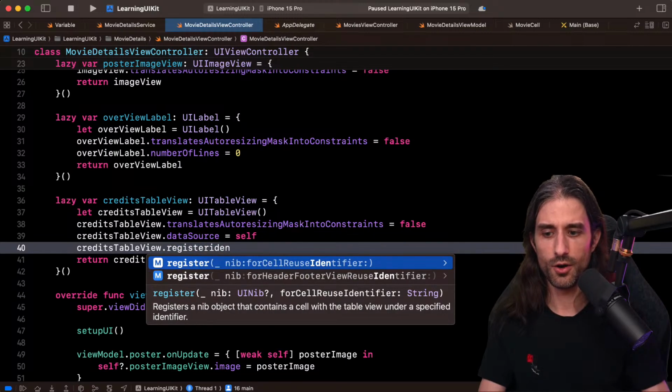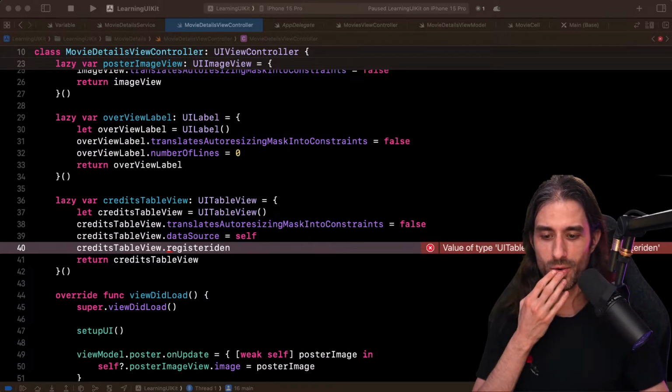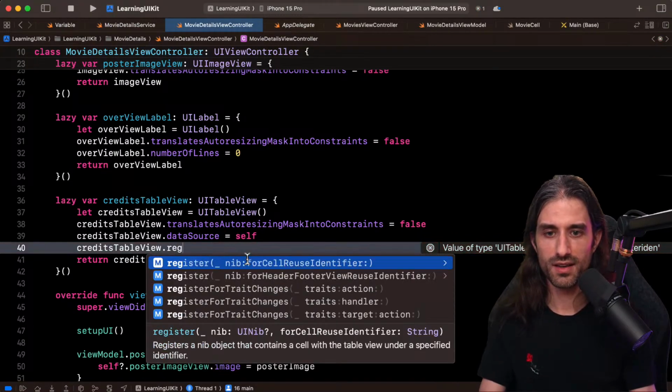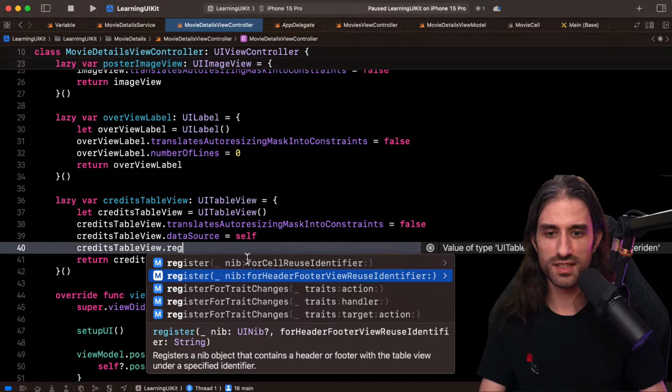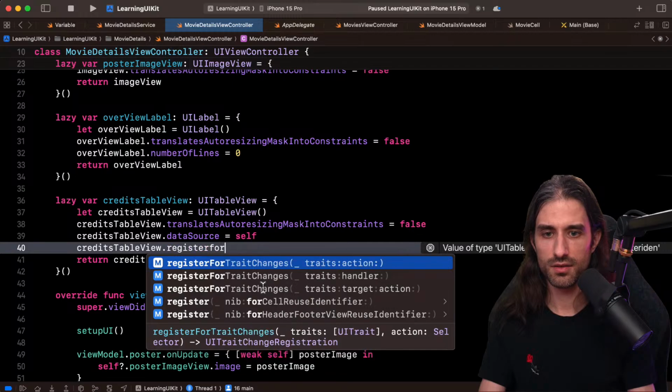And I'm trying to see how to do it. So I think I'm also going to go on Google. I'm going to search iOS UI table view register class for reuse identifier. How are you supposed to do that? Oh, okay, so you do have a method register. Why is it not suggesting it? You see, I have the method with UI nib, but I want one which is like register a class for cell reuse identifier.